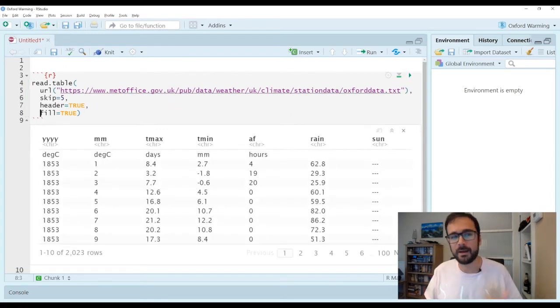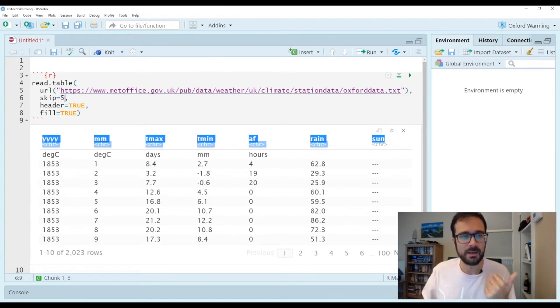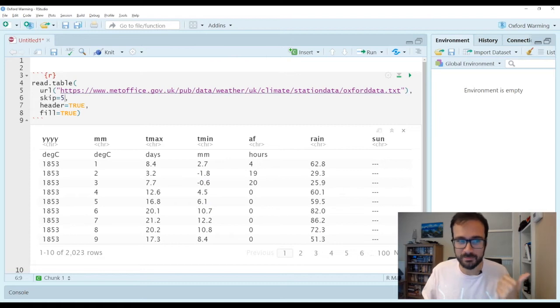Let's see, okay, now we're getting warmer. So here, I've skipped 5 rows, I've started on the 6th row, which is now my header row. And you can see this is now looking a bit better because the header row is mapping up to the header row from the data. I've got YYYY, MM, Tmax, Tmin, AF, rain, sun. This is good.